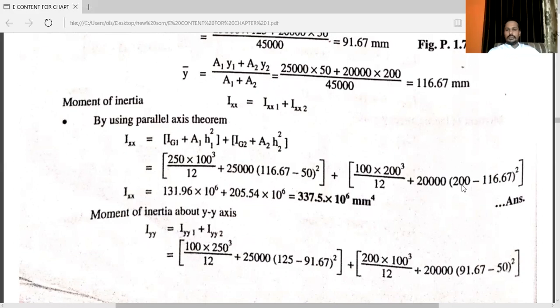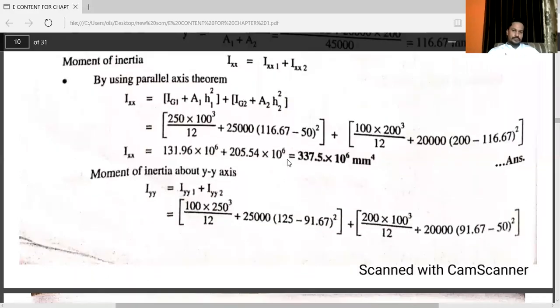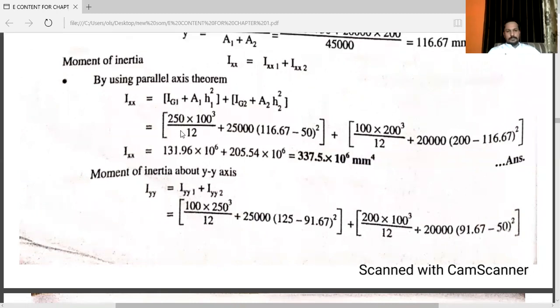Here you can see 200, that is y2 minus y bar. Here you can see y bar minus y1. So here you will get H1 and H2. Vertical distance means perpendicular distance between two parallel lines. That is H1 and H2. So if you put all the values in the calculator,